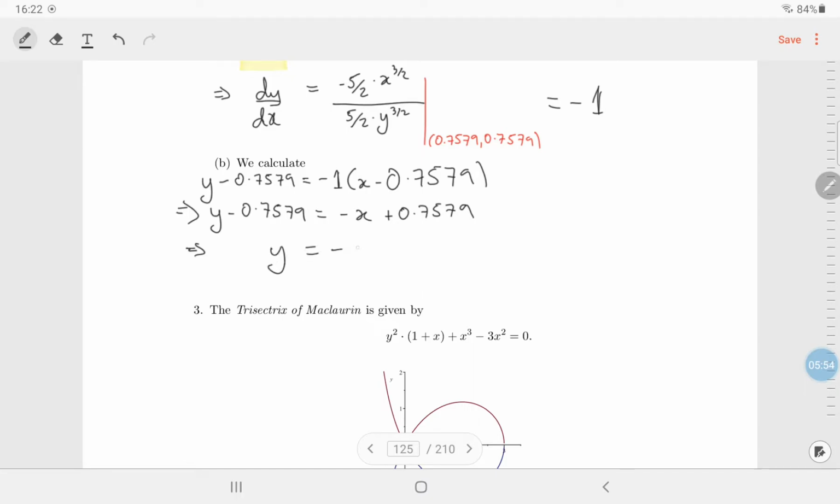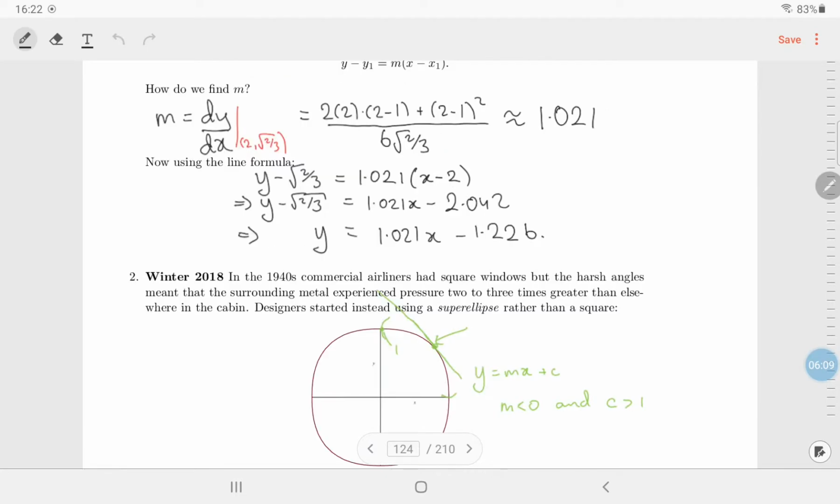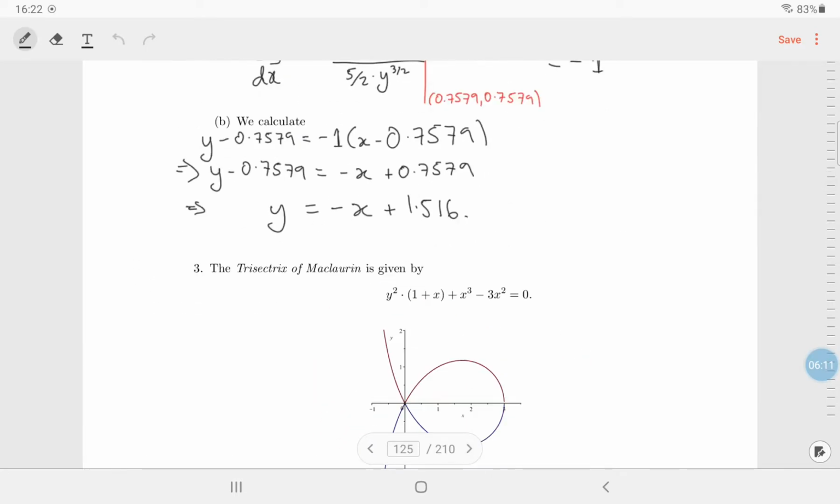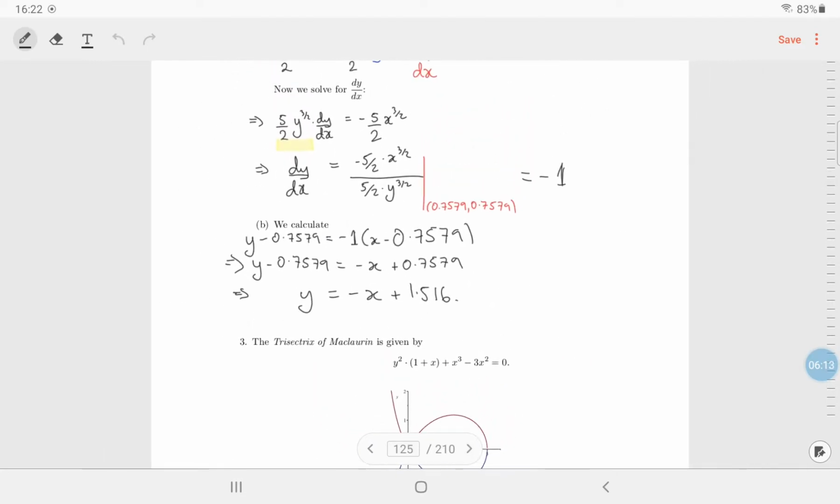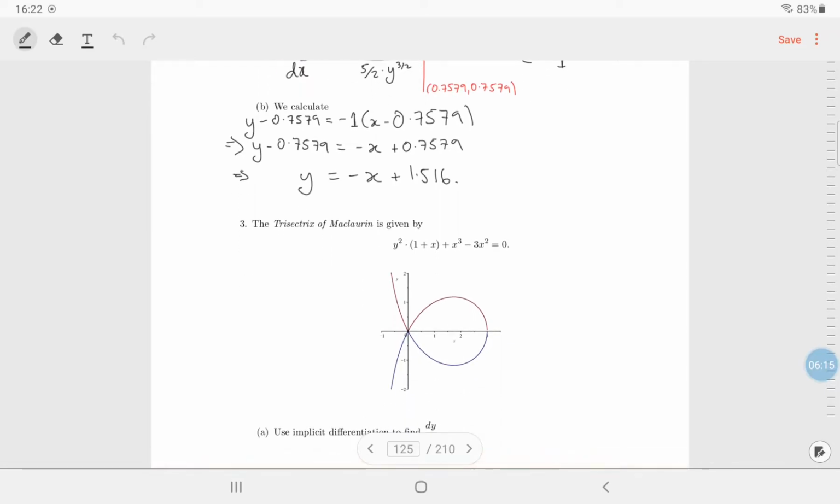y is equal to minus x, 0.7579 plus itself, plus 1.516 if I'm just going to go to 4 significant figures. So as expected, the constant is bigger than 1. Okay, so that's that, done. Right,